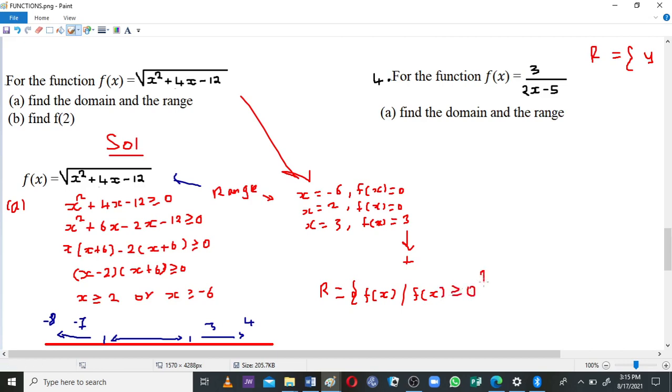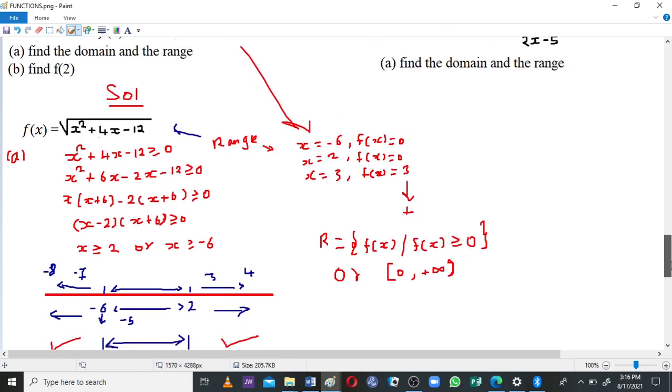So the solutions that you'll be getting for this function for every domain that you have defined will start from 0 to positive infinity. The other way you can write this range is including 0, so 0 is included, to positive infinity. So like this. So this is the range for this